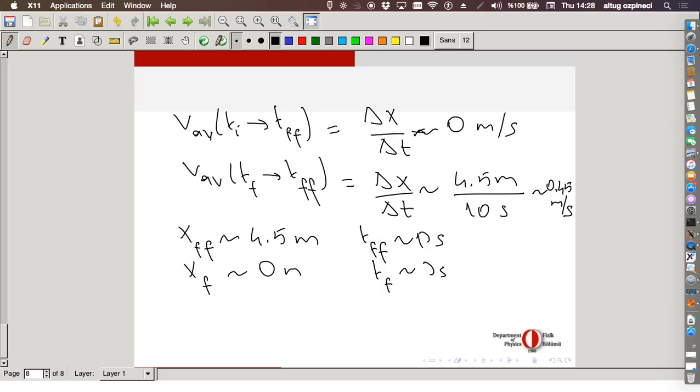There are a few ways of doing that. The most conservative approach would be: what is the maximum value of V average? You get the maximum possible value of delta x and the minimum possible value of delta t, so you obtain the maximum value of the V average. To obtain the minimum value of V average, you put the minimum value of delta x and the maximum possible value of delta t, and you get the lower value of V average. So that gives you the error bars on V average. In your Physics 107 lab course, you should be learning a different and somewhat easier way of estimating that.